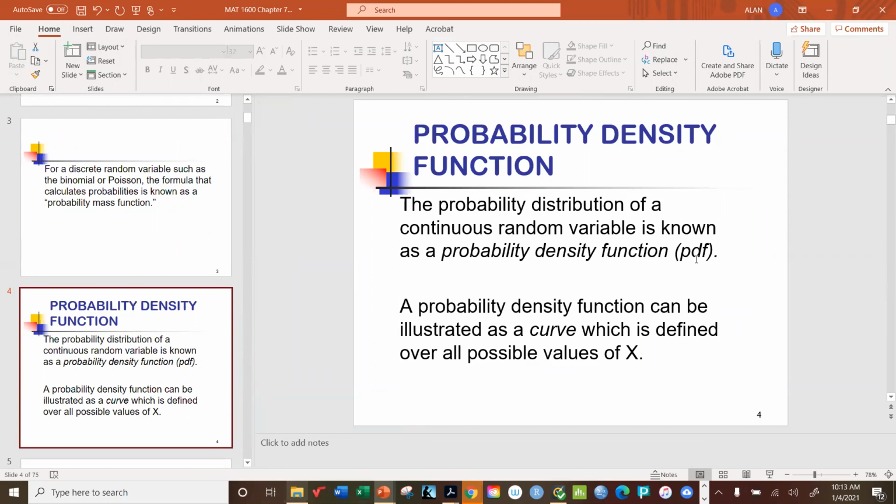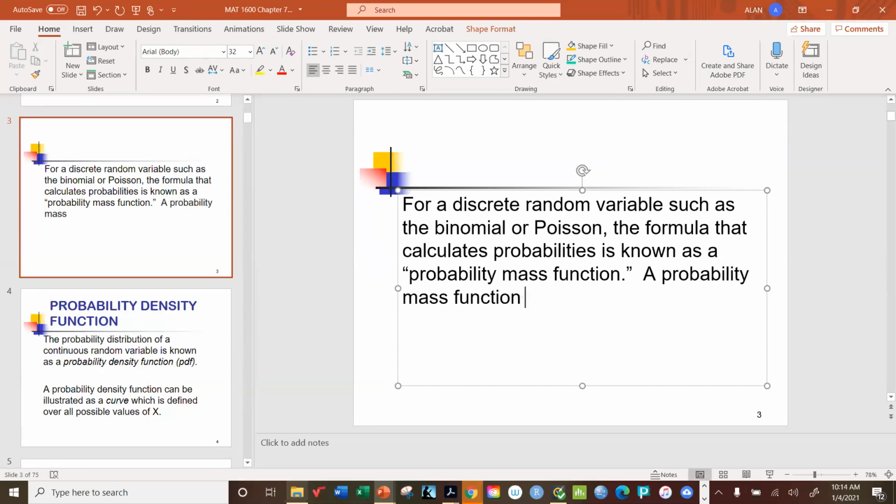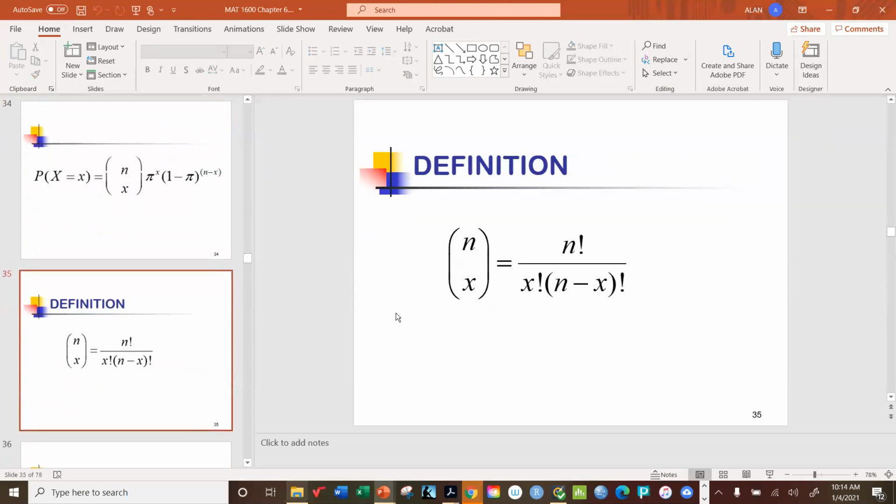Now, the key difference between the two is that with a probability mass function, there's only a finite number of different possible values of X. Okay, so a probability mass function has only a finite number of possible values and can be illustrated with a histogram. Now, those bar charts that we were looking at are more formally known as histograms. All right, so in other words,